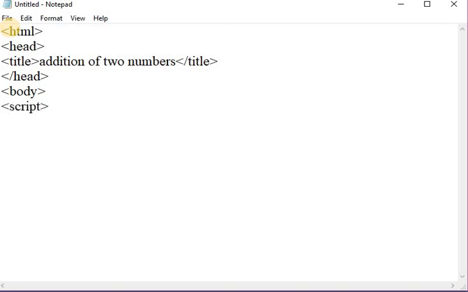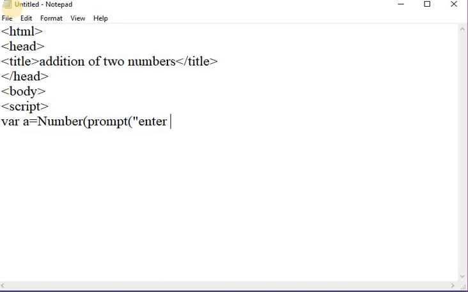Here in the script tag I am taking one variable, that is var a is equal to Number, and in the bracket I am taking the prompt method. The syntax of the prompt method is prompt, and in round brackets write text and default text.